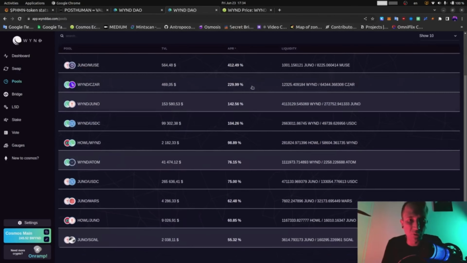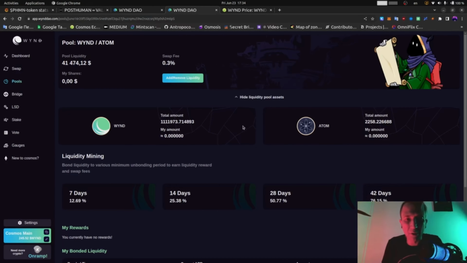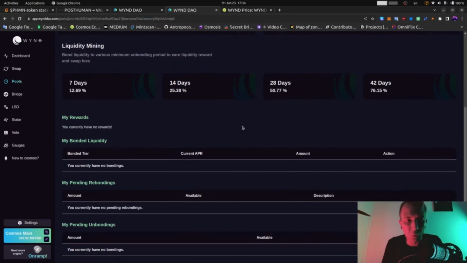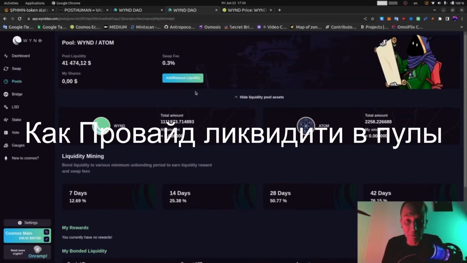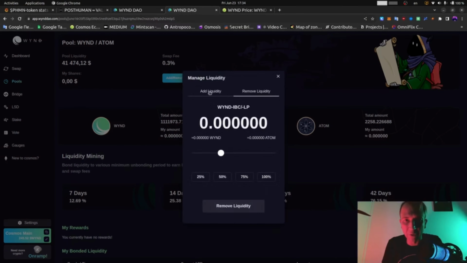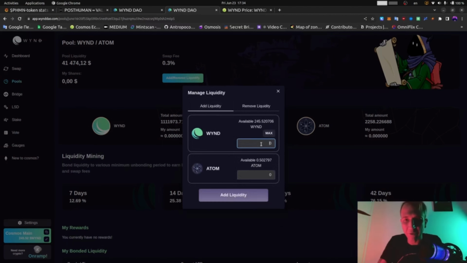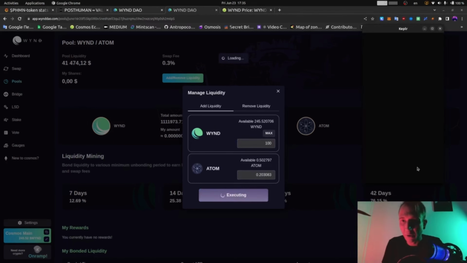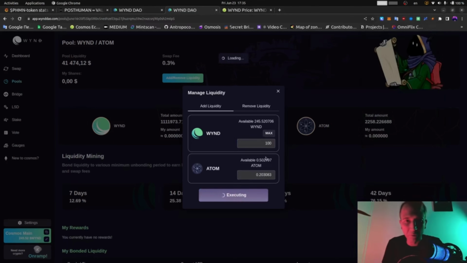We can see the percentage for the APR, and we can see the liquidity. So if you want to provide some liquidity, you can click on any pool. You can see all the information about the liquidity pool, and you can provide liquidity. You just click on add liquidity. Afterwards you can remove liquidity. Let's add some liquidity, for example 100 Wynd. Together with 100 Wynd we need to add 0.2 atom. We add liquidity. The transaction goes to Keplr. We approve this transaction. This is not a problem for us. We wait for several seconds,